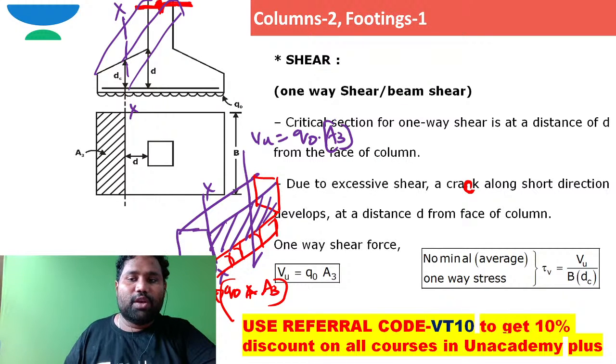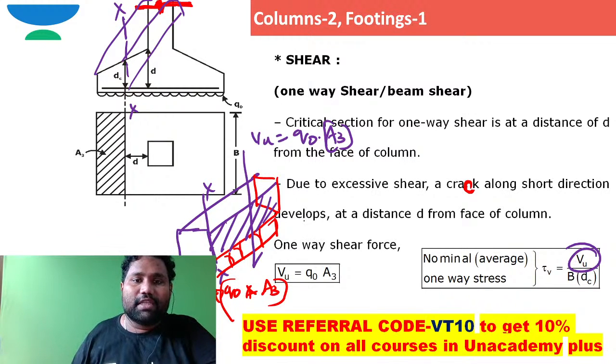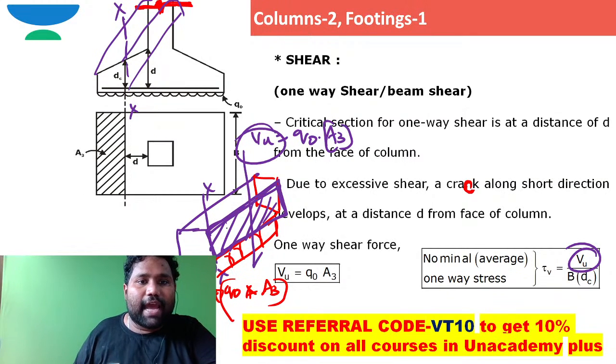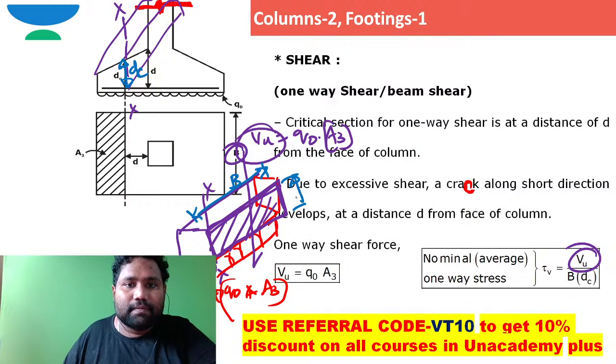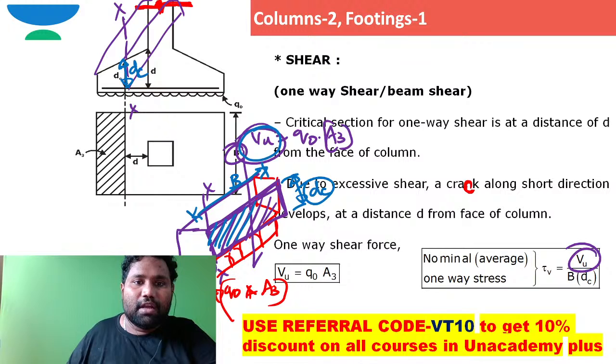Now the question is, sir, we know this VU, which we call nominal or average one-way shear stress. Okay, fine, how do we find it? This is the shear force, and the shear force is acting on this hatched area. This width is already B. This depth is the effective depth DC. So this shear force VU is acting on an area of B times DC. So the one-way or average or nominal shear stress